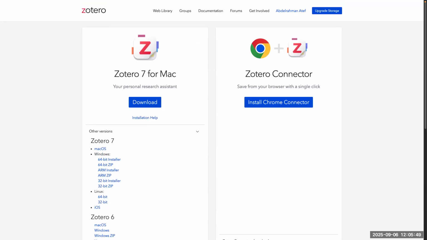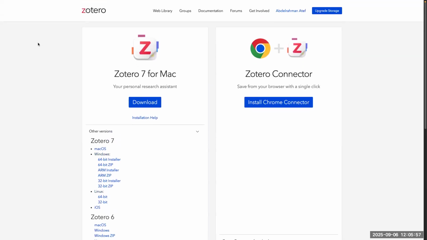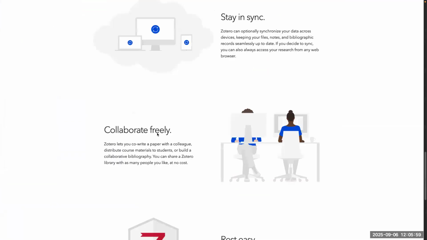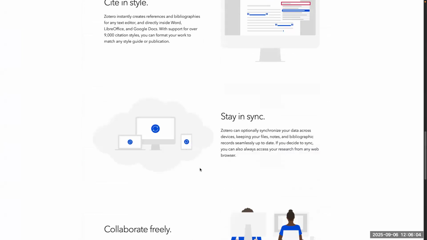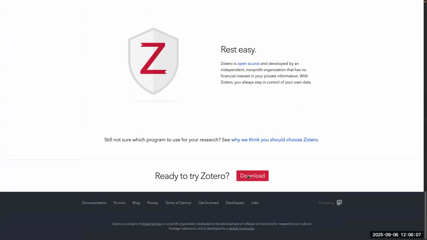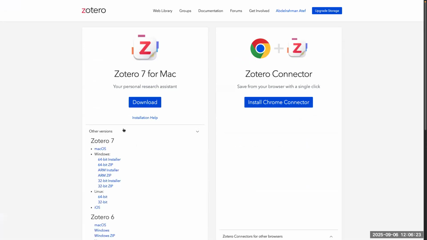Okay. So are you guys following along until now? Okay. What is this Zotero connector? As I mentioned, this Zotero is used to capture references. So one of the ways of capturing references here is having the connector, which allows you to download references from the web. So to be able to do that, you also need to download the connector. So to be able to follow along, it's highly recommended to download both